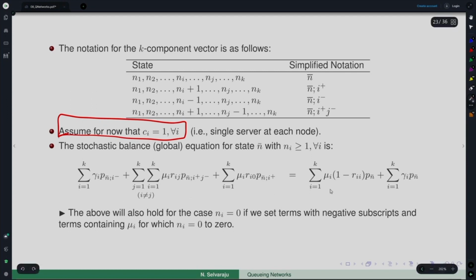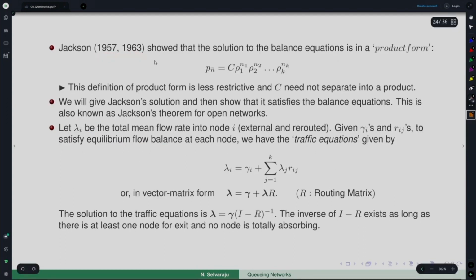Now, we need to solve this to get P n bar. Okay. So, how do we do that is the significant and very important work of Jackson. He showed that the solution to the balance equation is in a product form. By that we mean we are assuming that P n bar can be written in this form: some constant times rho 1 to the power n 1, rho 2 to the power n 2 and so on, a product, rho k to the power n k, or it is some constant times a product of some function of ni's. In general, this definition of product form is less restrictive in the sense that